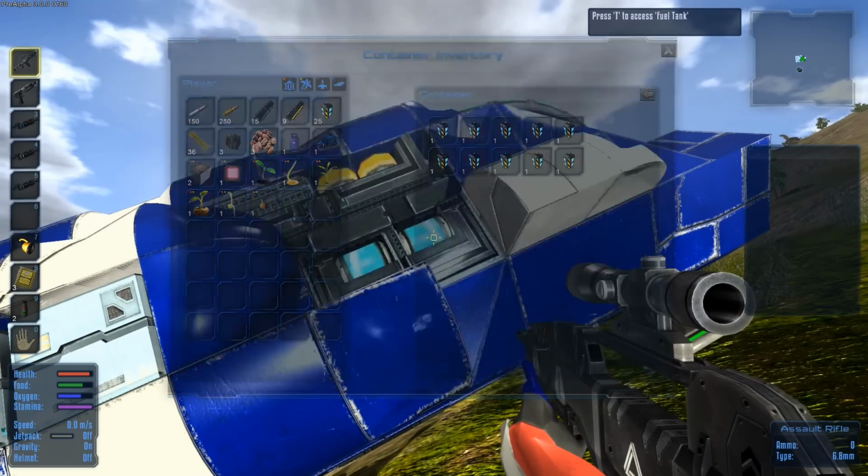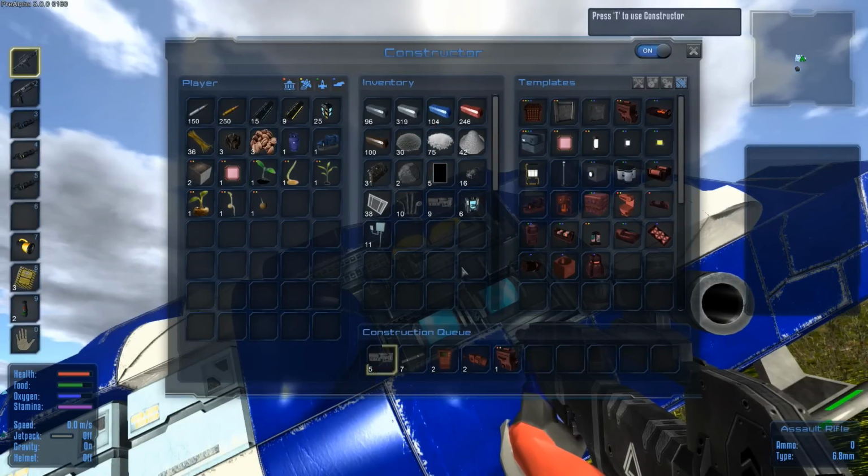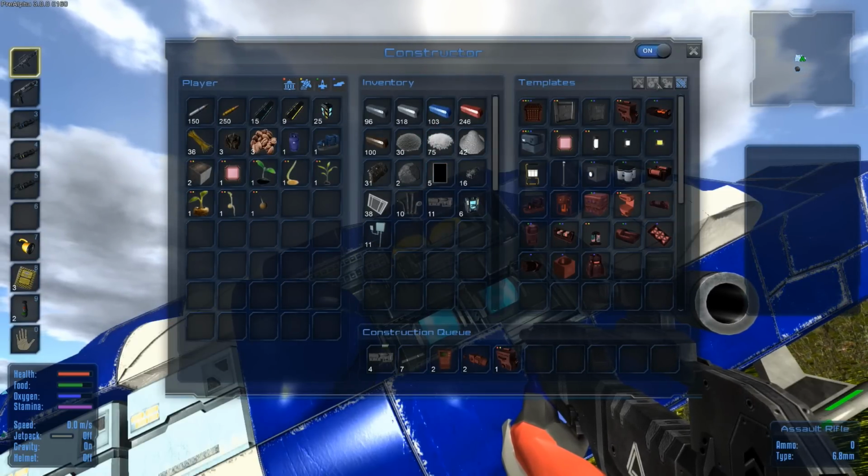In the beginning when you make fuel packs, the fuel packs are made from... I already wasted all the raw materials. The fuel packs are made from...